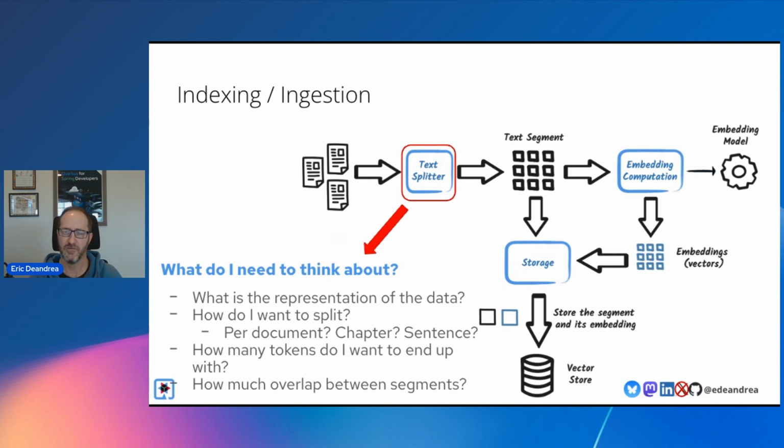And then once you have your data, you need to split the data. So some things to think about here is, what's the representation of the data and how do I want to split it? If it's something like maybe it's a book with chapters and each chapter has sections and paragraphs, how do you want the data to be related to each other? And this is kind of important because when you start searching for it on the retrieval side, you need to be able to figure out what data is related to what the user is asking for.